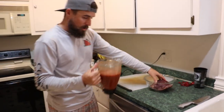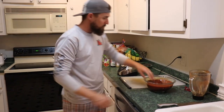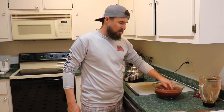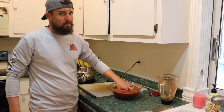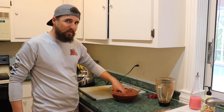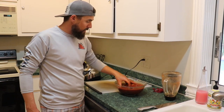Now once I've got all the meat in the bowl, I'm going to take that marinade and pour it over this duck just like this. This marinade is not reusable. You're going to use it once and that's going to be it. This marinade is also pretty strong. So if you put this marinade in and then leave it overnight or the next day, it's going to be really strong flavor. You're going to want to let this thing marinate for an hour, 45 minutes, something like that, and not much longer than that. So what I like to do is get my marinade started, get my ducks on the marinade,